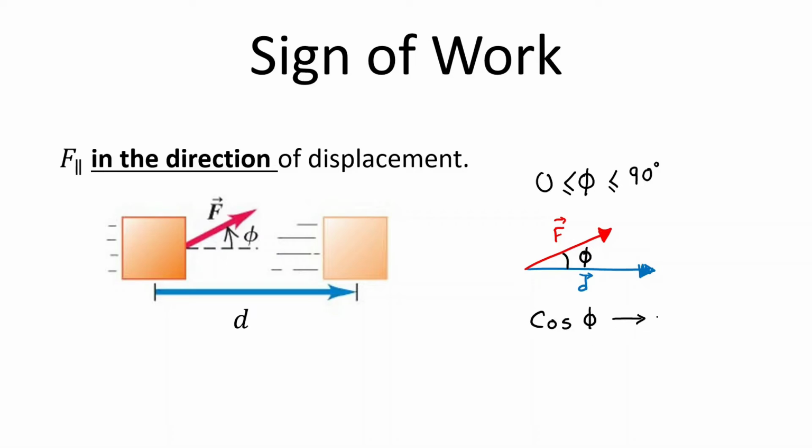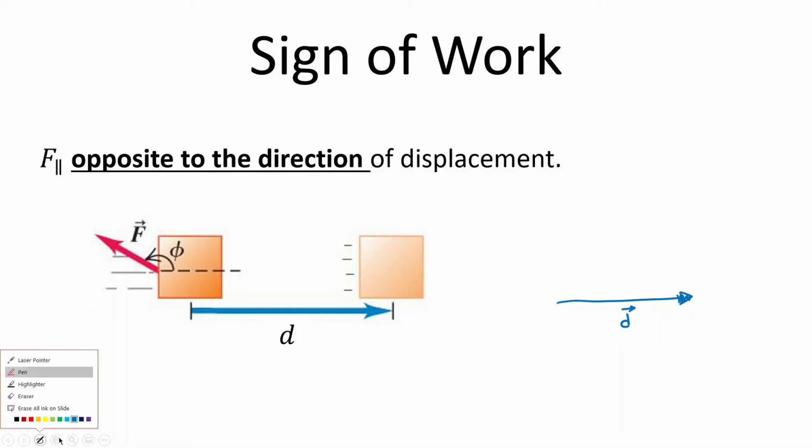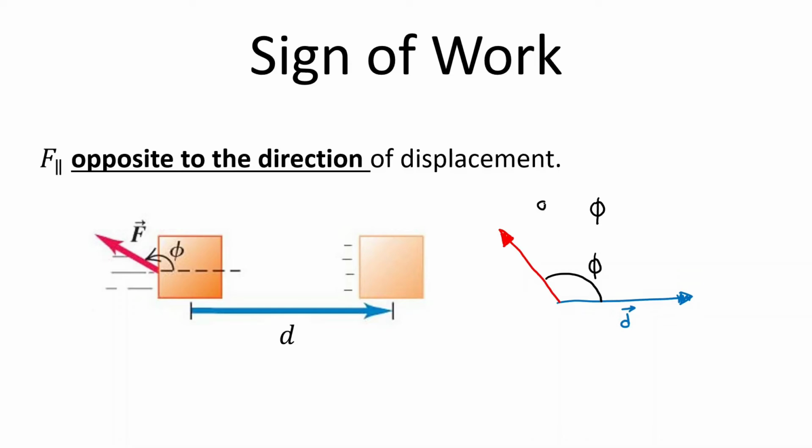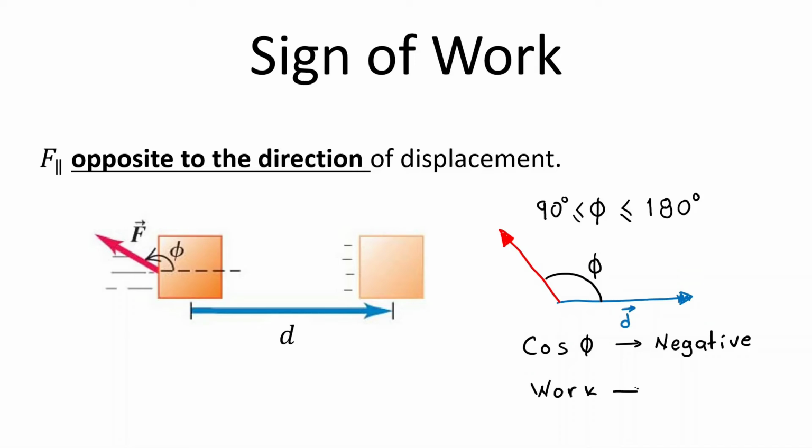In that case, the cosine of the angle phi will be a positive number. As a result of this, the work will be a positive number too. Next, let's analyze the case when the angle phi is somewhere between 90 and 180 degrees. In that case, the cosine of the angle will be a negative number, and the resulting work will be a